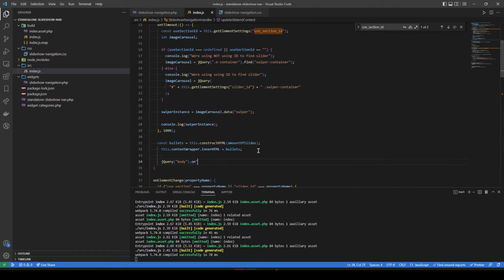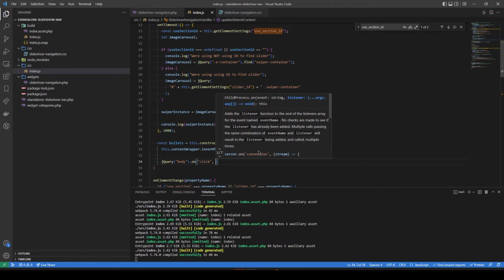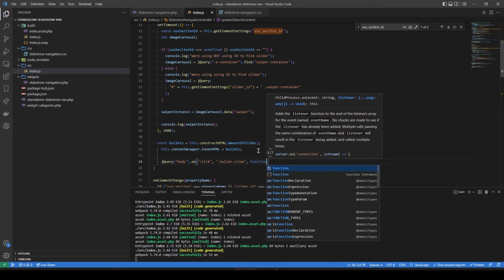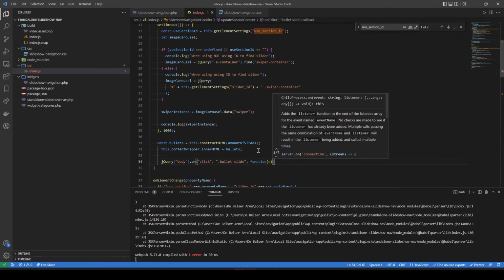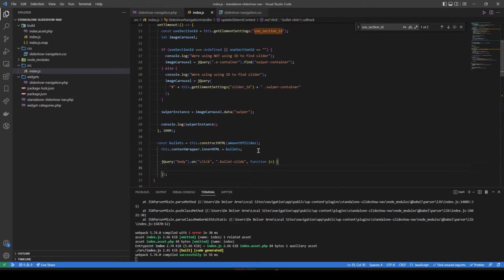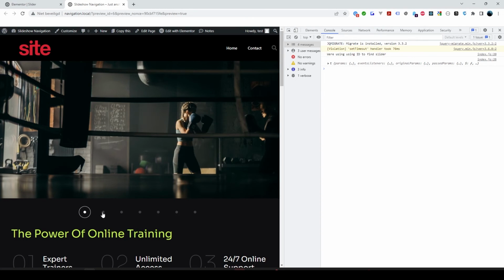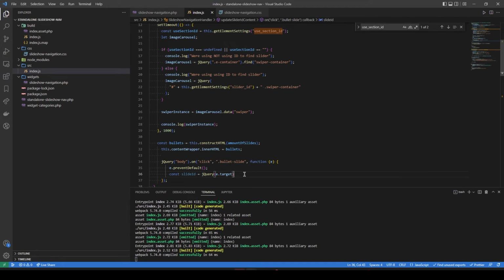We're going to write another jQuery body dot on click. If we click on the bullet slide, we're going to call a function which has an event. We're going to prevent the default action. This is just common sense. Then we're going to fetch the current slide ID. That is jQuery e.target, which will get the current clicked bullet, and we get the attribute data